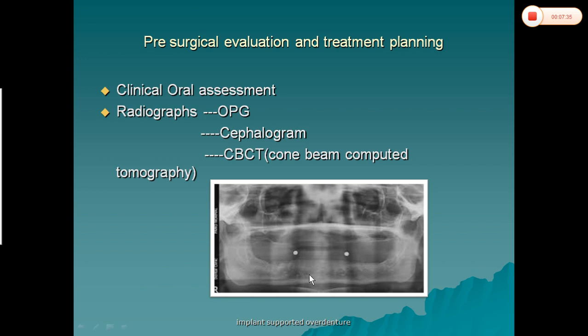For example, you want to place an implant in the canine region or in the premolar region. So we have to know the quality of the bone only in that region. How? How means,